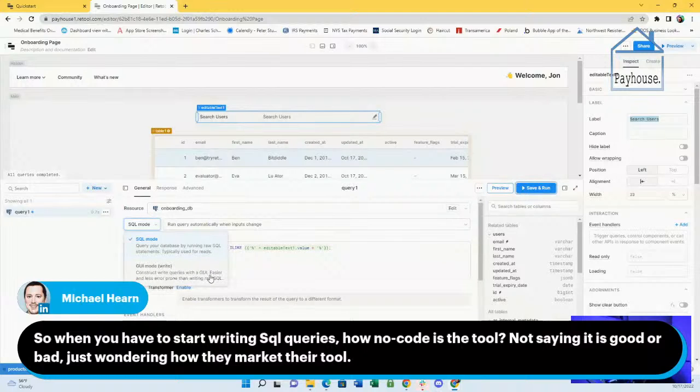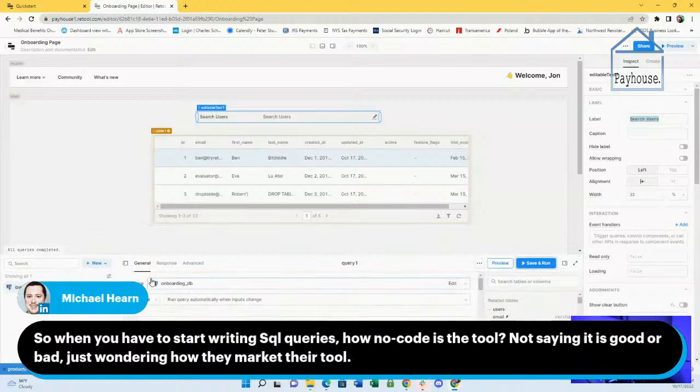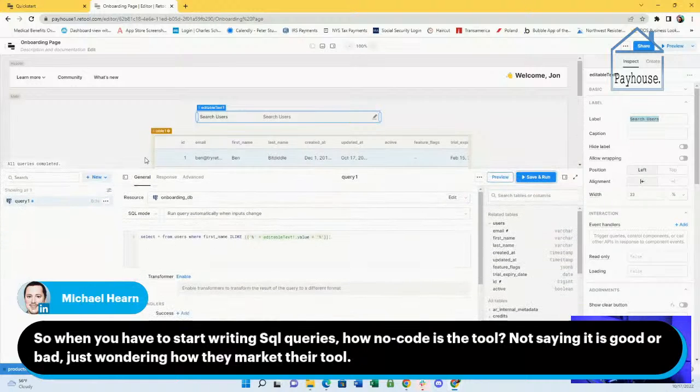Construct write queries with a GUI, easier and less error prone than writing in raw SQL. So I guess we're writing in raw SQL right now. Now I can see why people who know how to code would use this. This is probably pretty easy to work with if you're familiar with SQL queries. And the fact that you have so much customizability and components to it, but there's definitely going to be a learning curve here.